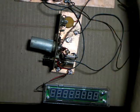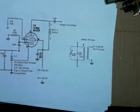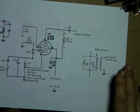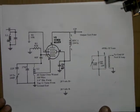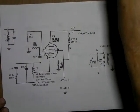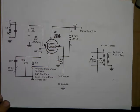Just quickly, let me set this aside so I can show you what these schematics look like. This was on page 63 of the R392 URR manual. I think I downloaded it from Boat Anchor Manual Archive, BAMA. Boat Anchor Manual Archive is where I found the